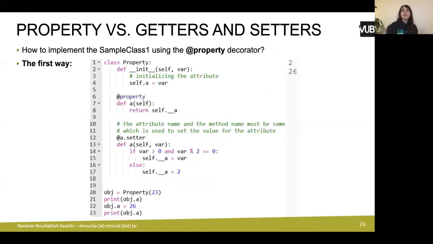How to implement the sample class 1, which is this one, using property decorator. This way is really a Pythonic way. I mean, this is really having encapsulation in Python. We can have it, the first way, that sample class in Python, but